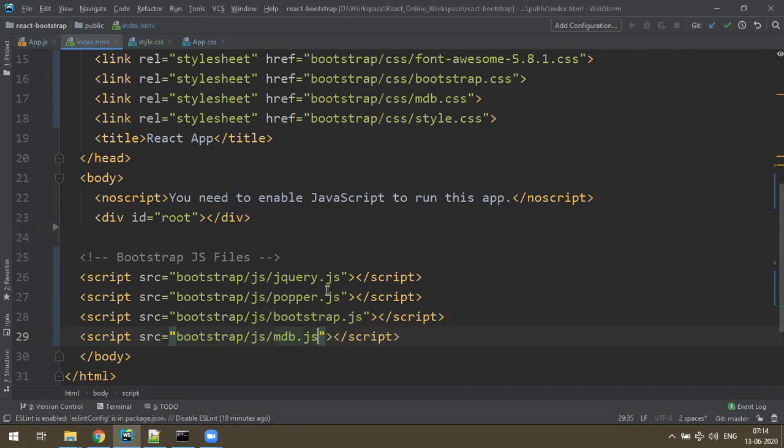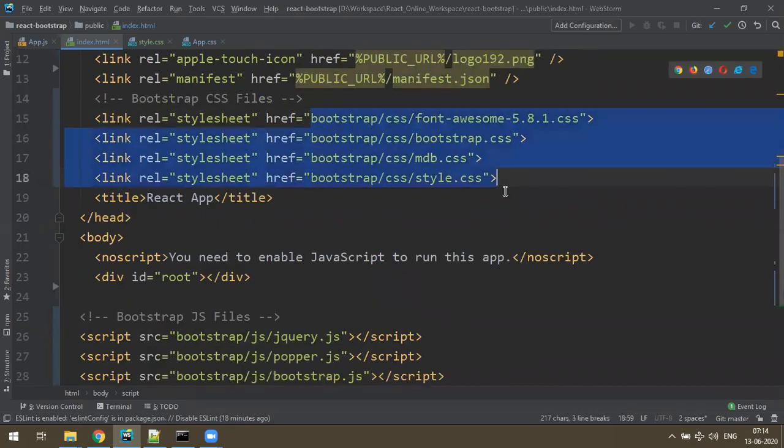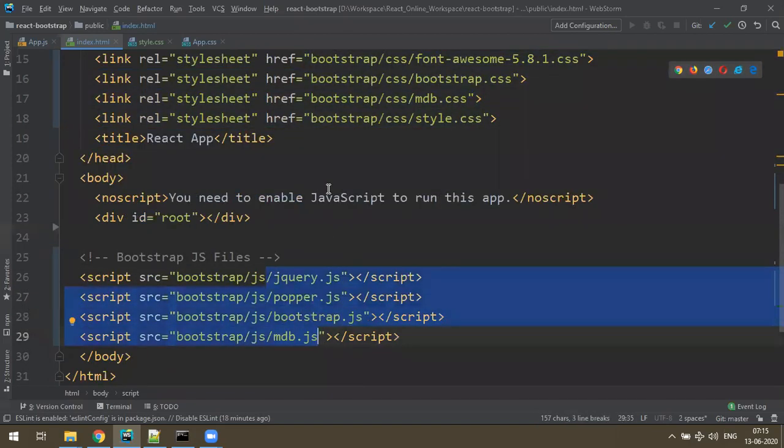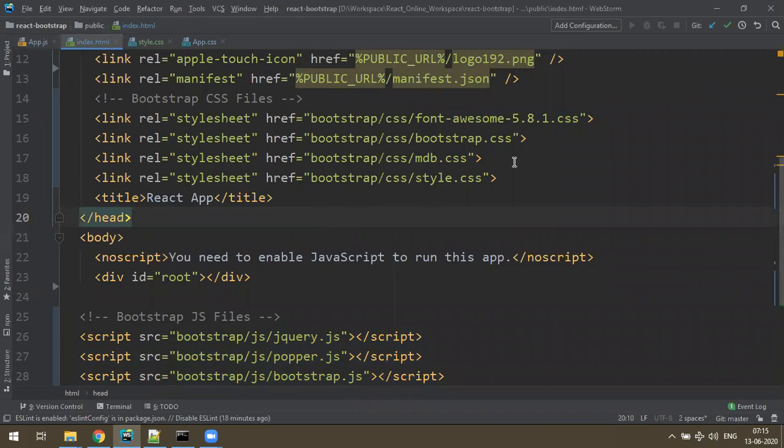That's it. So you have to just grab these files from mdb and keep the four files over here and another four files here in the same order. So now you are good to go with Bootstrap along with mdb. You can get some rich layouts using mdb rather than Bootstrap. Okay, so that's the setup.